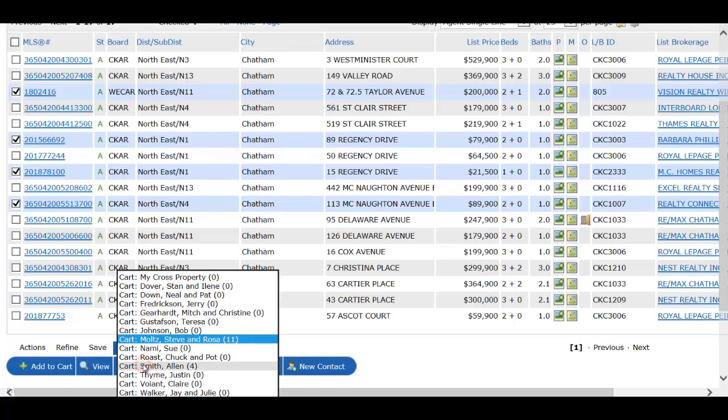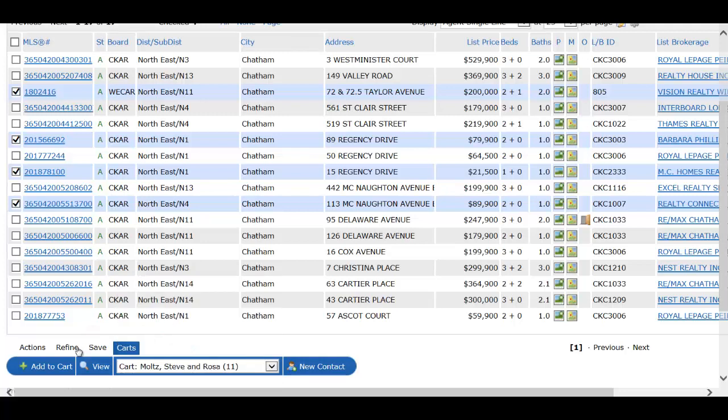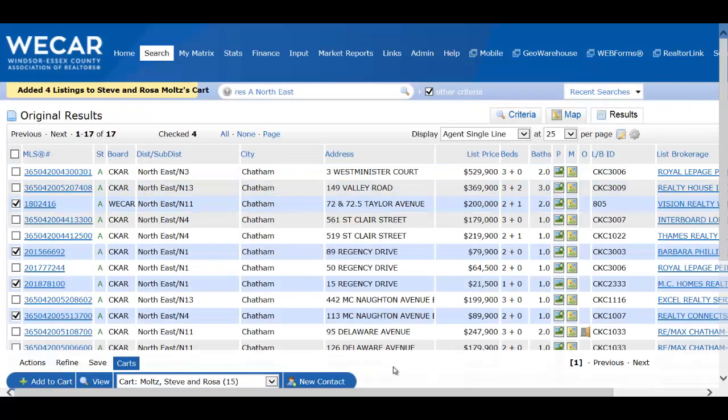Now just remember, every contact in your database has a cart. Whether they have listings there or not, they have a cart. It's just that you probably have never put anything there. So when you do, as long as they're a contact, they already have a cart there. So by me adding to their carts, it's going to now go up to 15 houses that are in their